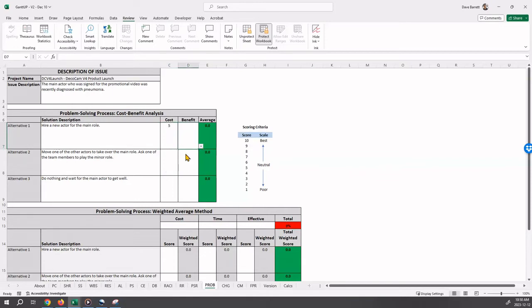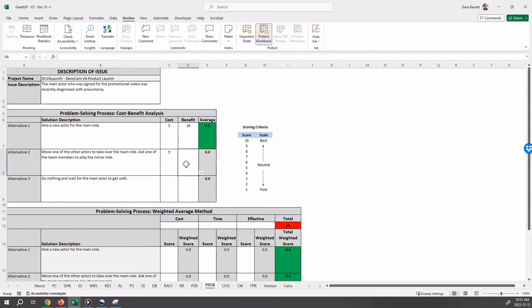In terms of benefit, this would have high benefit. We would be kind of assured of not being late. We would have a new actor who would be arguably as good, and so on. So that's what we're saying for this one. For alternative 2, which is to move another actor into the main role and ask one of our team members to take over, the cost for that one is better, right? So that we feel that we would be able to not spend too much additional money to do that. So pretty good cost,